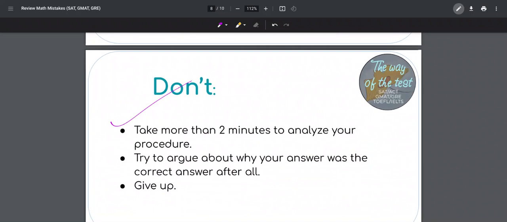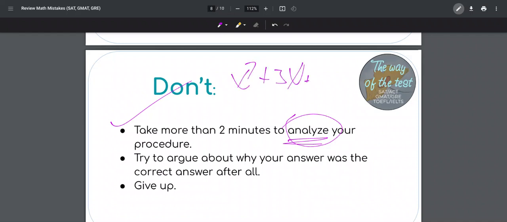If you cannot actively find a mistake after 2 minutes, just move on, or maybe try to solve it from the beginning. Now, this is analyze. I don't mean 2 minutes to stare at your solution or your procedure and expect the mistake to magically appear in front of you. I mean analyze, which means if you have an equation,